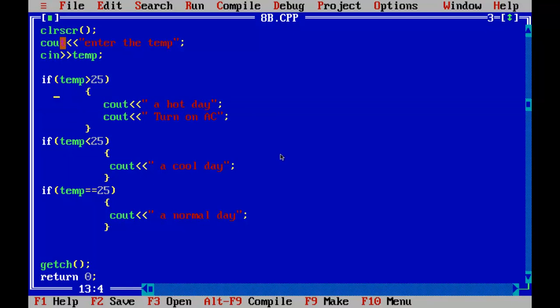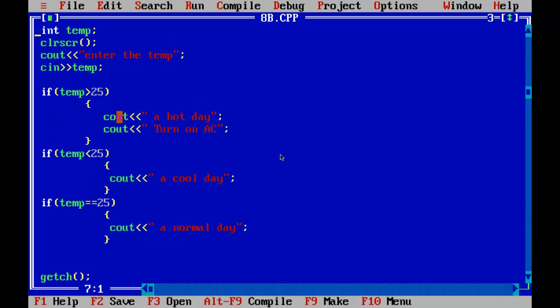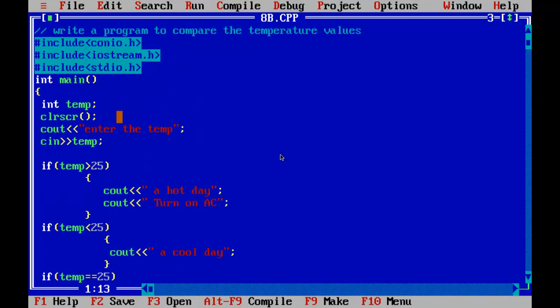So see, we are reading the temperature. If temperature, now we will use this one. For example, write a program to compare temperature values.